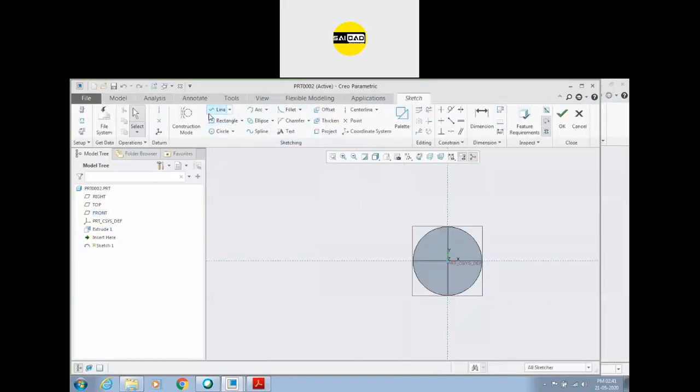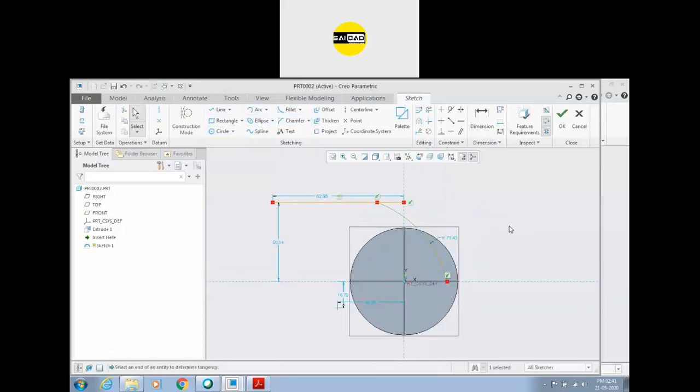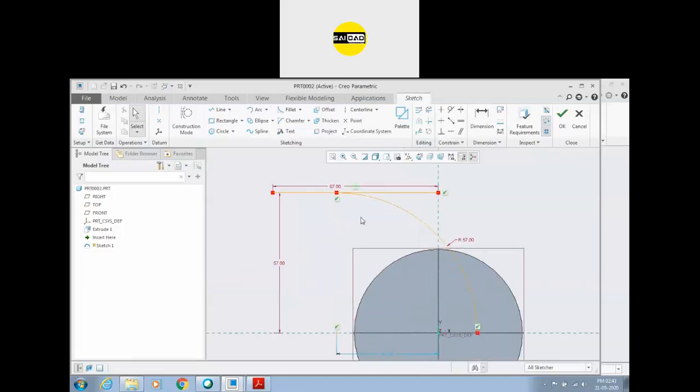Now you just have to create a path. You're going to create a path here with a line like this, and the arc from here to here like that. Go to the coincident, define this point constant here, define the radius, that is 57, and this distance is 67. This height is also 57.